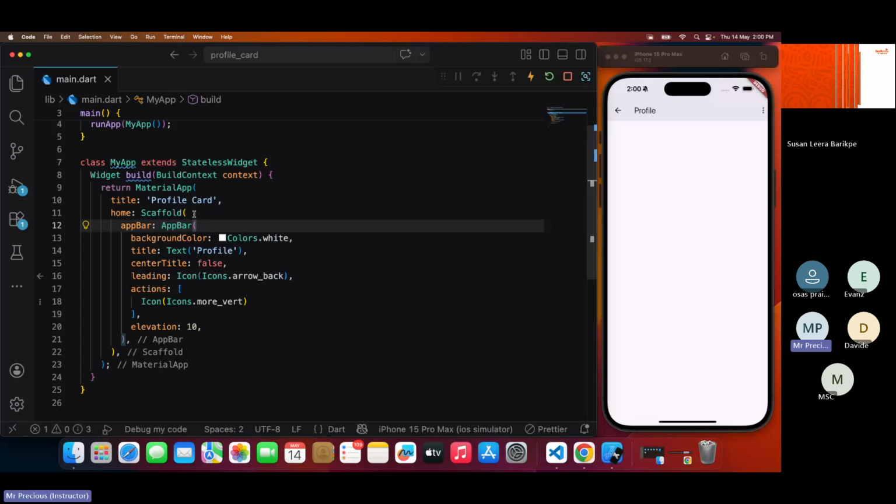It will do the same thing for the scaffold. If I place it here, the scaffold begins here and ends here. Same thing for the material app. Material app begins here and ends here, like this. Okay? The material app begins here and ends here. Okay, so now for this,